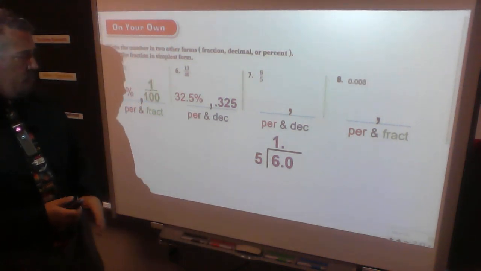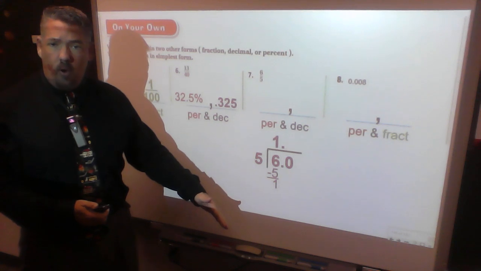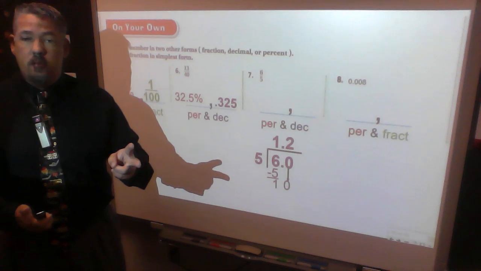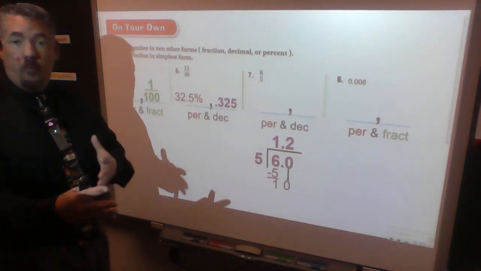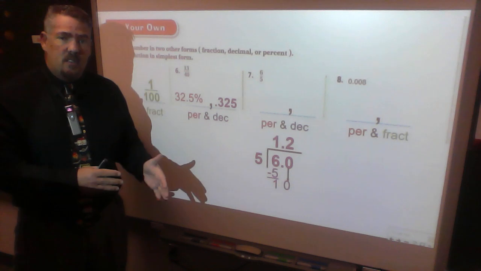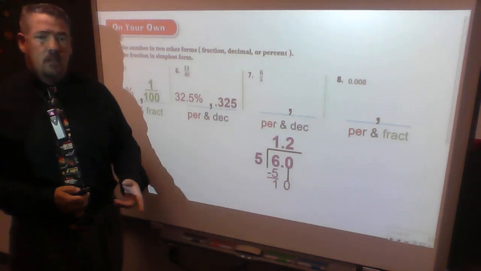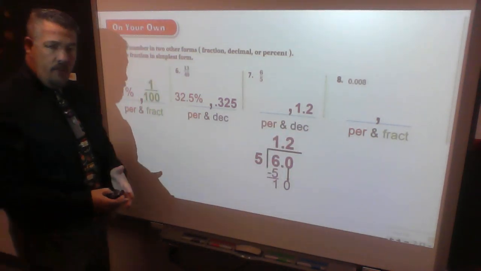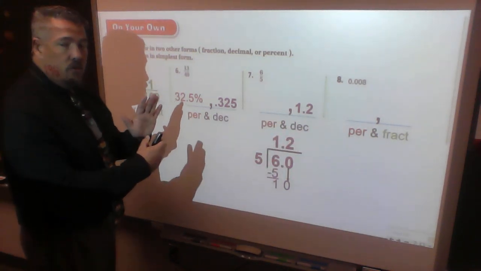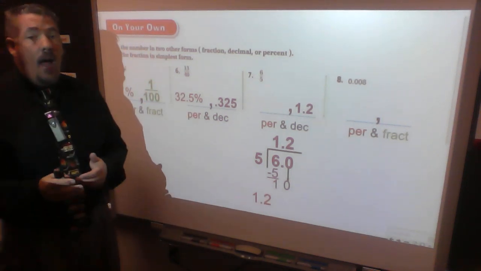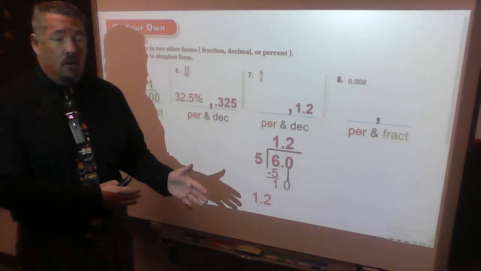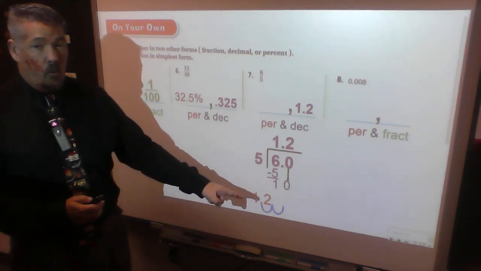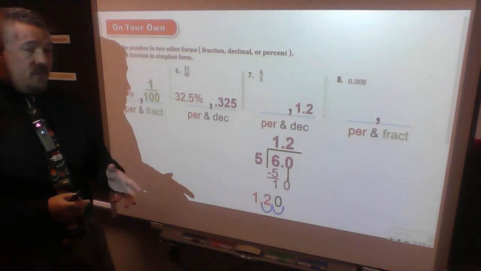So it goes in 1 time, which gives me minus 5 and 1 left over. I bring down that 0, and now I have 5 going into 10 2 times. So I get 1 and 2 tenths, or 1.2. Can I go easily into a percent now compared to this? Yeah, absolutely. So when I know that my decimal is 1 and 2 tenths, then all I have to do is move that decimal once again 2 times. Once again. Has to be 2 times, even though there's not another digit there, right? So if I move it 2 times, what do I have to add? 0, right? So I put a 0 there, which tells me that I now have